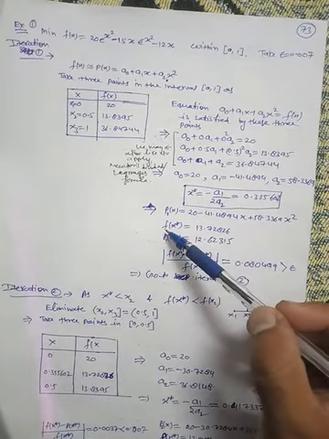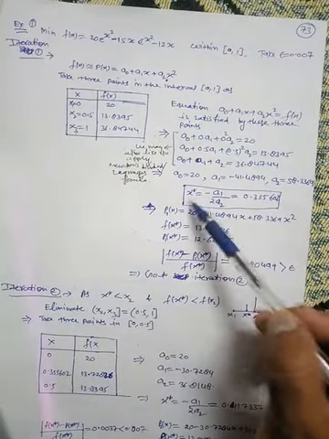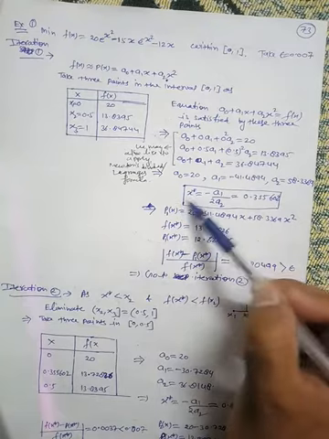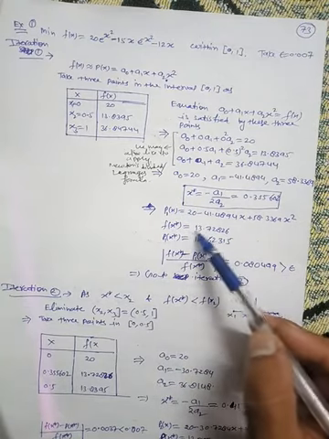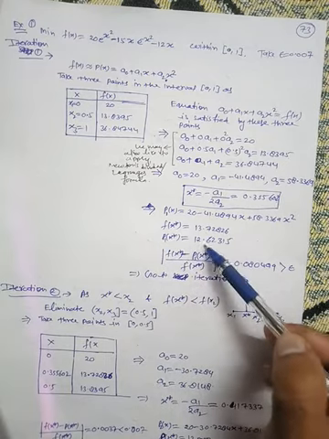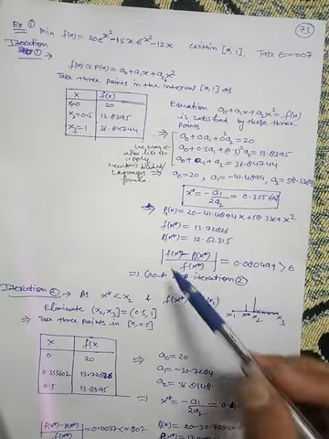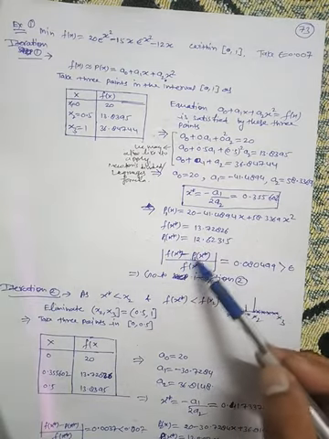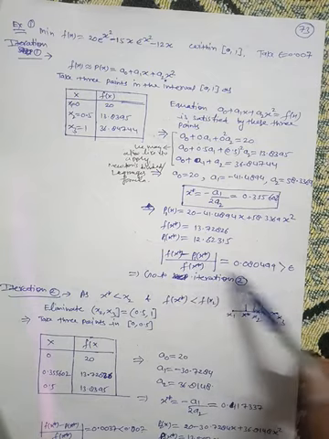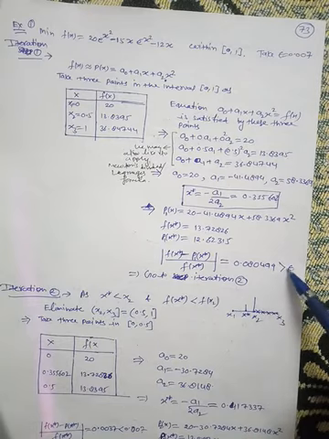Okay, now we have evaluated p of x1 with the help of these three. Now find the functional value of the actual function at this x star, as well as the value of the polynomial evaluated at this point. So here f of x star is 13.72826 and p1 of x star is 12.62315. Now find the relative error. So relative error is this: f of x star minus p1 of x star divided by f of x star. This magnitude is 0.080499, which is greater than epsilon.